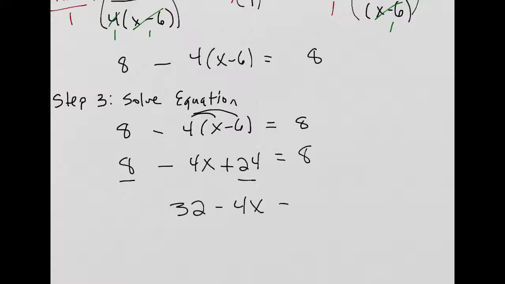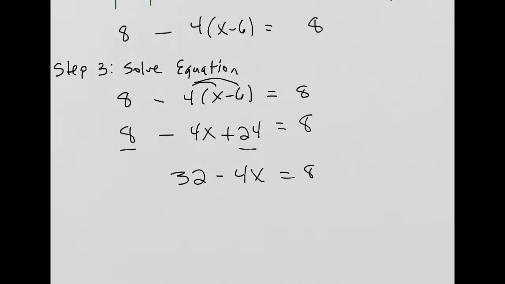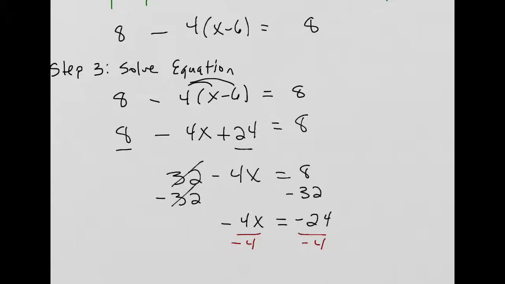Minus 4x equals 8. And again, what I'm working towards is getting x alone. So I'm going to subtract 32 from both sides. If I do that, the 32's become 0, so I'm left with negative 4x on the left-hand side. On the right-hand side, 8 minus 32 is negative 24. And then the last step, let's divide both sides by -4. If I do that, I'll have x equals 6, looks like